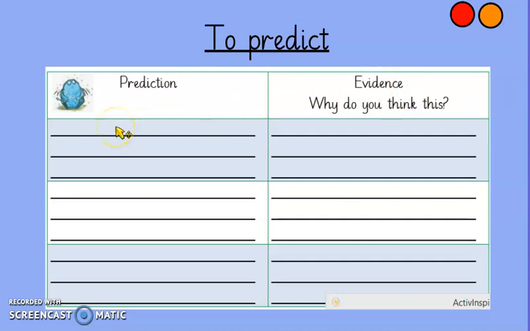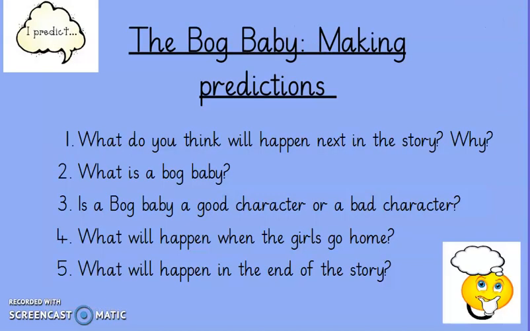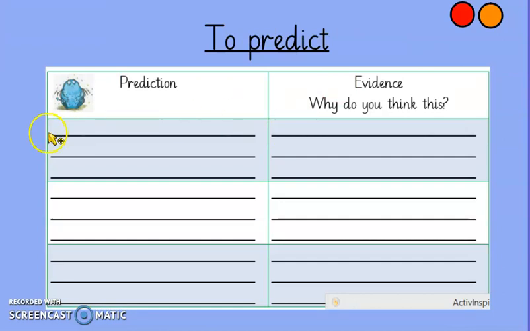So I want you to use the questions that we just looked at here, so they're in your booklet, and then I want you to answer, so make your prediction. So you can write number 1 if you wanted to, and then have a go at answering the question. So make a prediction. Okay, what do you think might happen, and why? And then on this column I'd like you to think, all right, why do you think this might be the case? Okay, so have a go at writing those.